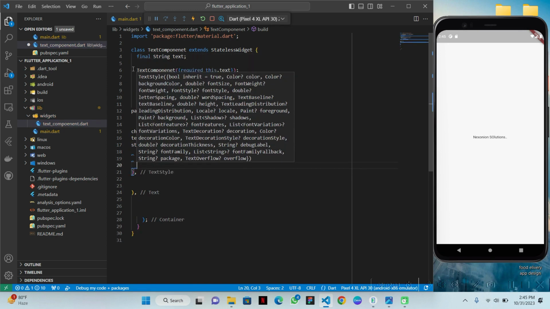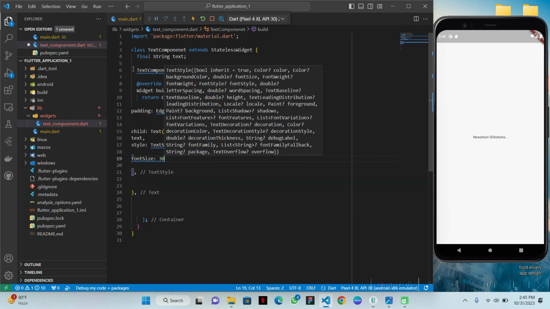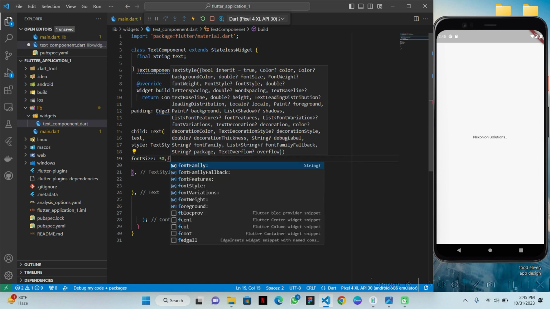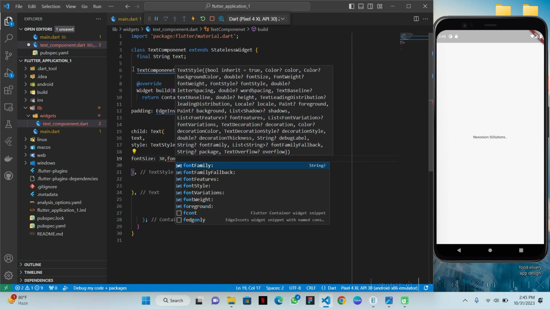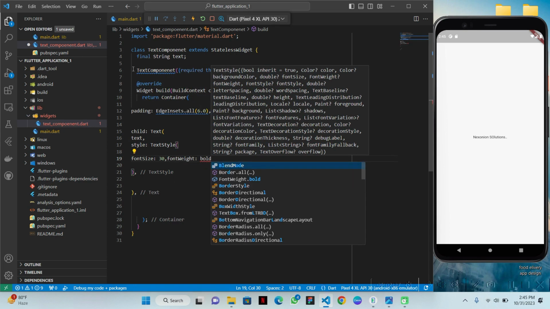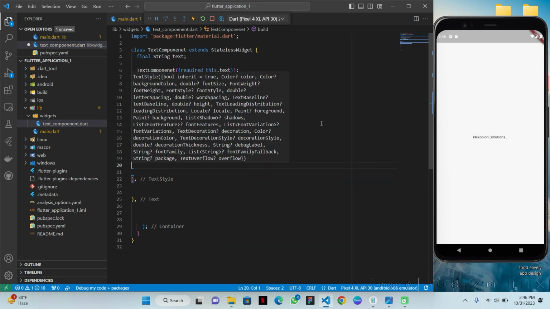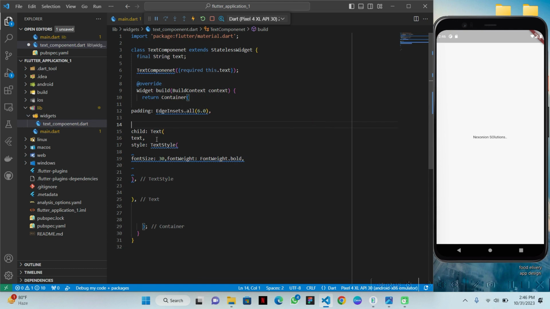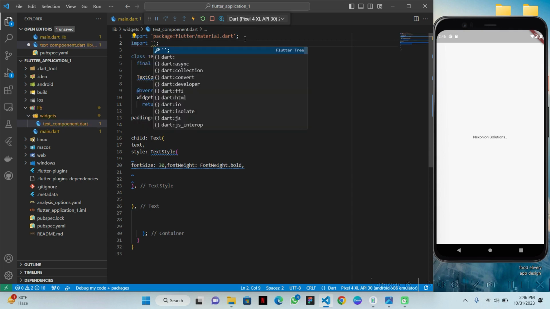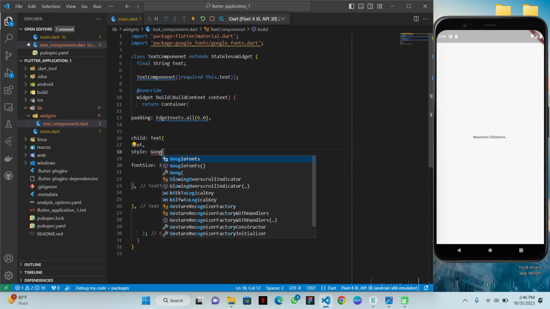Inside my text style widget, I will use font size 30 and font weight bold, this one bold, and I want to change the font family also, so simply I will import here Google Fonts, and then here instead of text style widget I will change it to Google Fonts dot